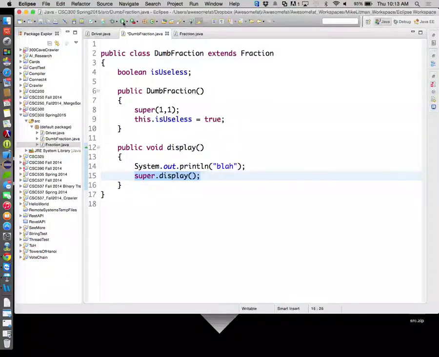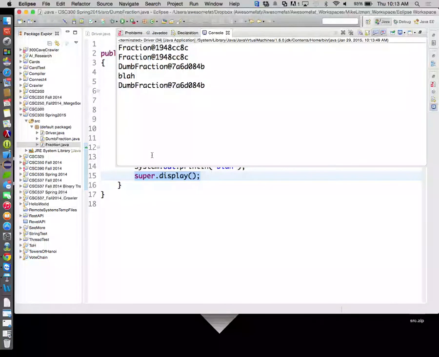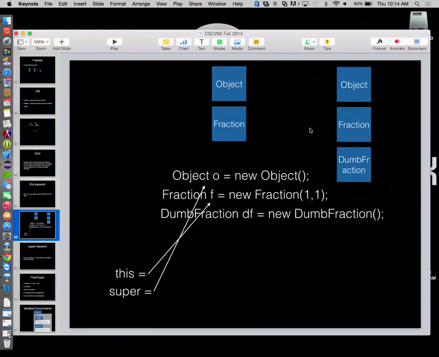We'll see it's a dumb fraction. Okay, so there's our blah, the first line of our dumb fraction's display method. And here's the display this, which you see matches the original dumb fraction. So these two match each other. That means the this in that display method points to the dumb fraction that called it, not to the instance of fraction that was created as a result of creating an instance of dumb fraction to support this inheritance